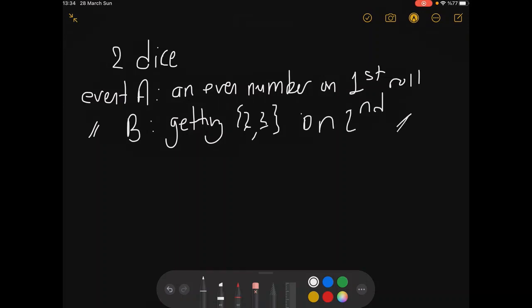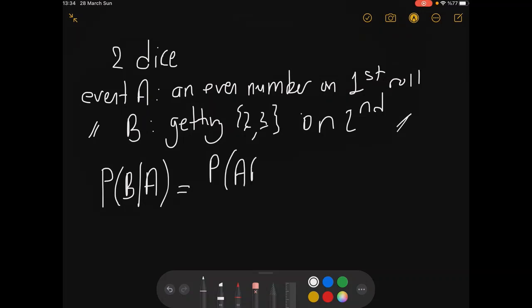Now, normally those events do not affect each other. That's the idea. So when you want to write the probability of B given A, this comes from the definition of